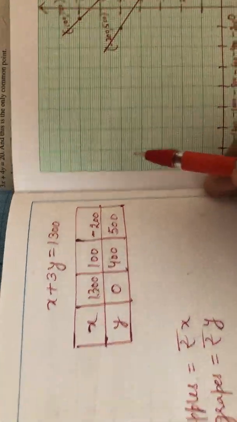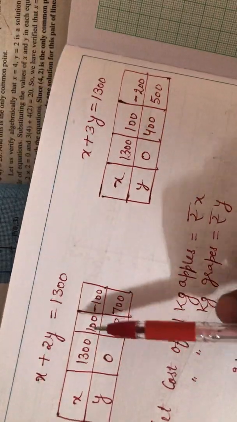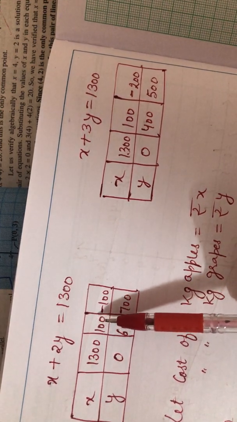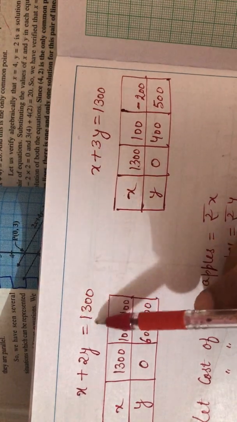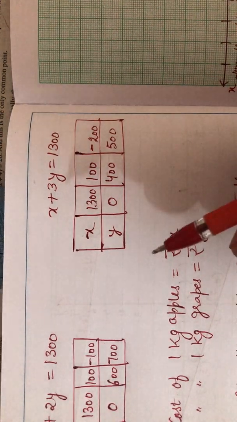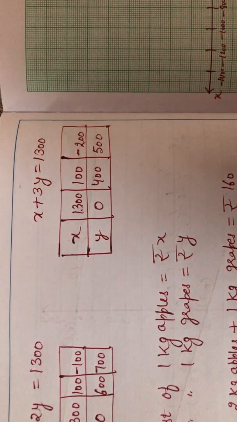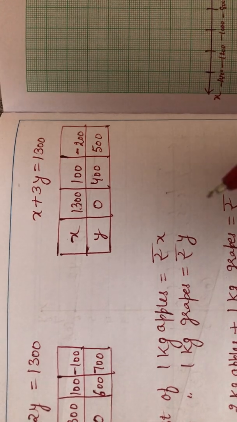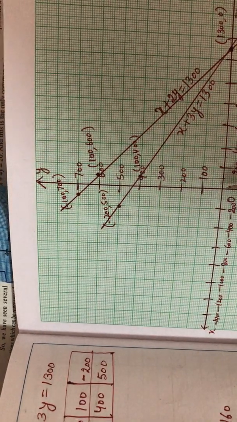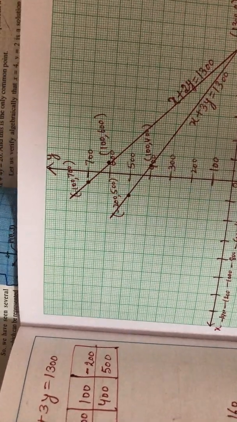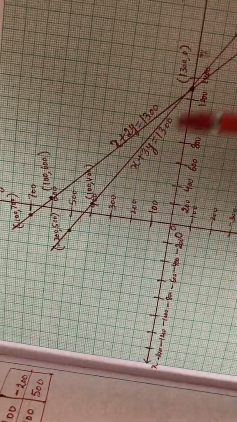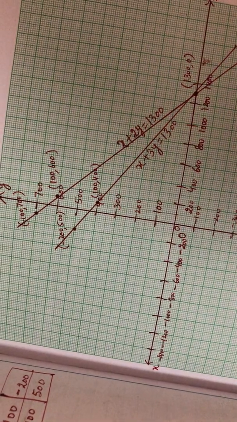Now we will plot these points on graph paper, and as you can see, the values of x and y are more than 100, 200, 300. As you can see, the right side is 1,300, so we'll choose the values of x or y as more than 100, not as 1, 2, 3, because otherwise we'll get very big values, right? That will not be easy to plot on the graph paper. So to plot the graph, we'll choose a scale of 1 unit equal to 200 on the x-axis and 1 unit equal to 100 on the y-axis.